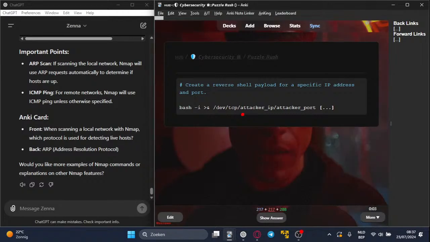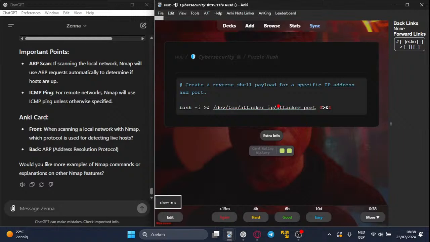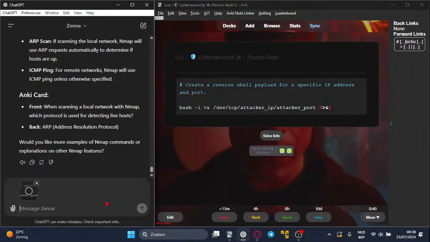Create a reverse shell payload for a specific IP address and port. Okay, so this is a special file that creates network resources, in this case a network socket waiting for connection. And then here it's, what was it? I gotta ask some questions here, man. Okay, so